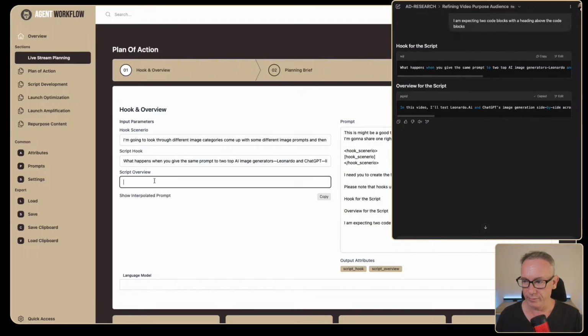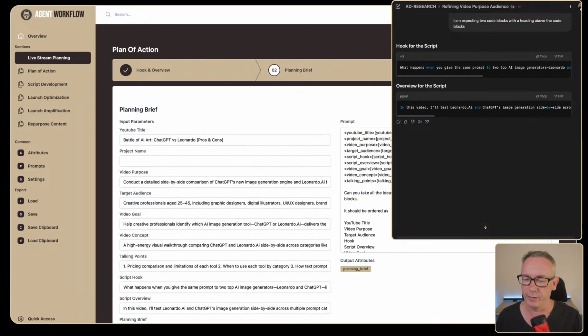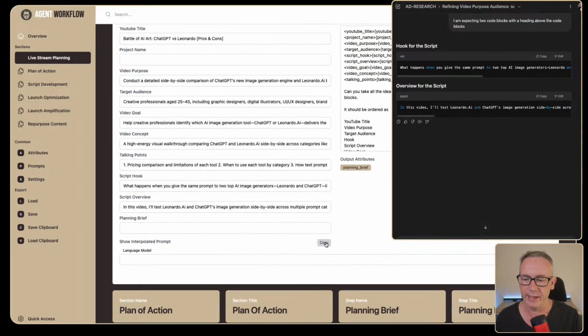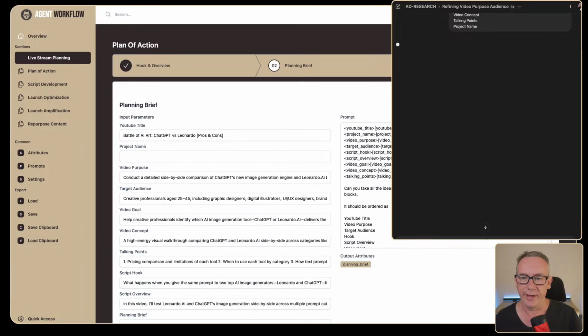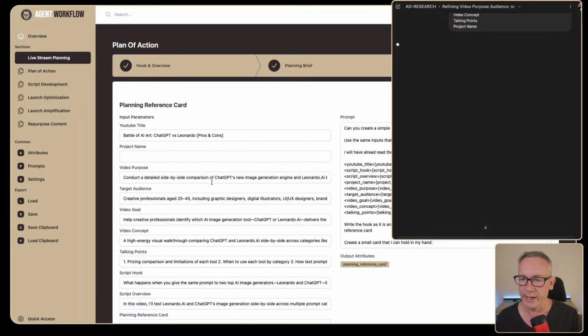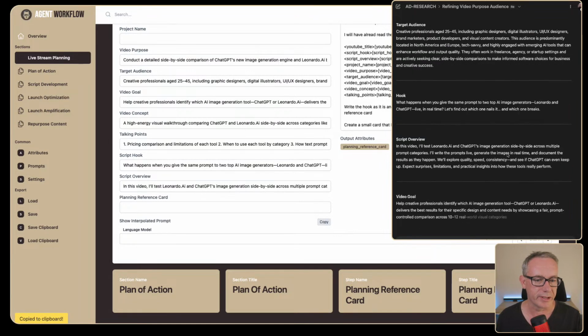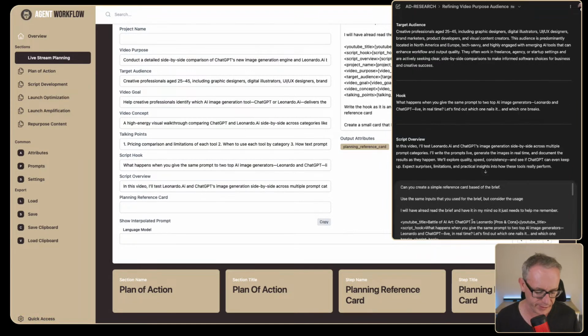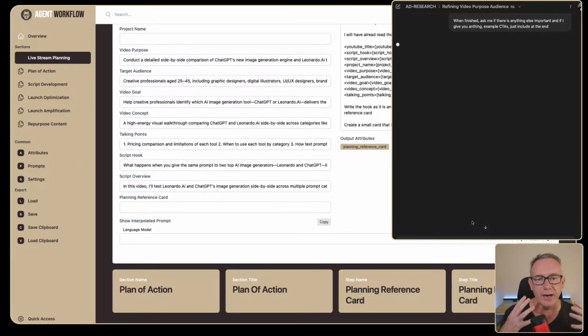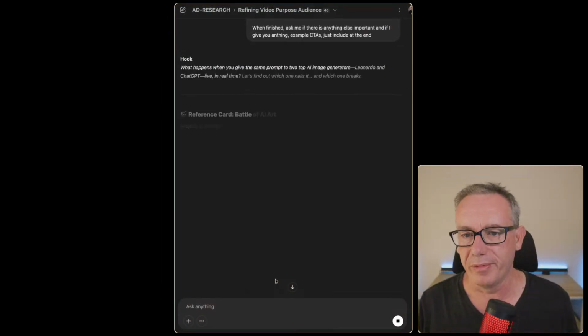We'll take that, we'll paste it in, we'll move on, we'll get a planning brief in place, and we'll paste that in, and then while that's happening we'll get a planning reference card, because I'm just going to trust that this is all okay, and we're going to paste it in. And now this is what I would talk about directly at the beginning of the video.